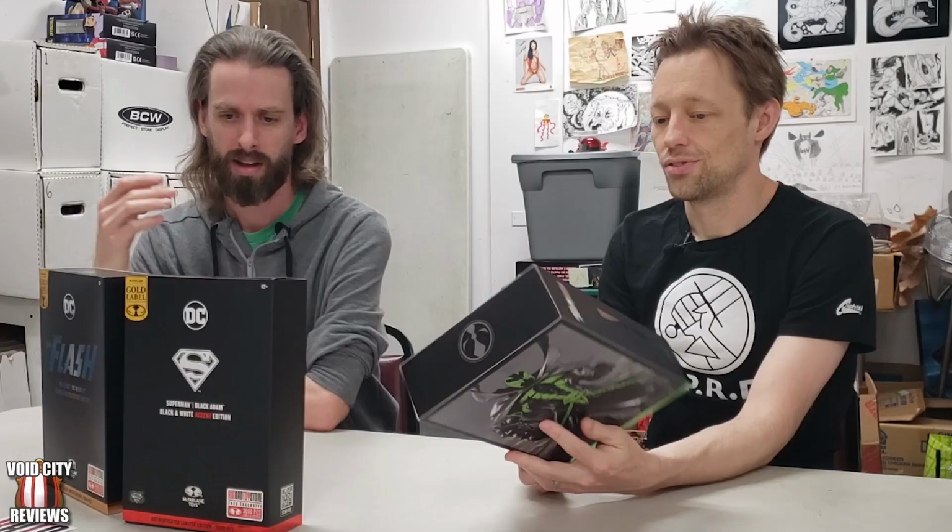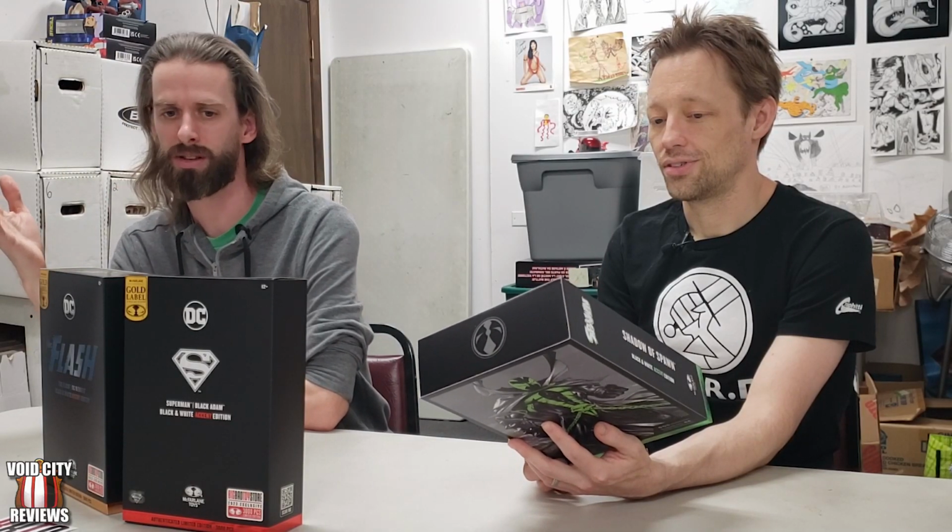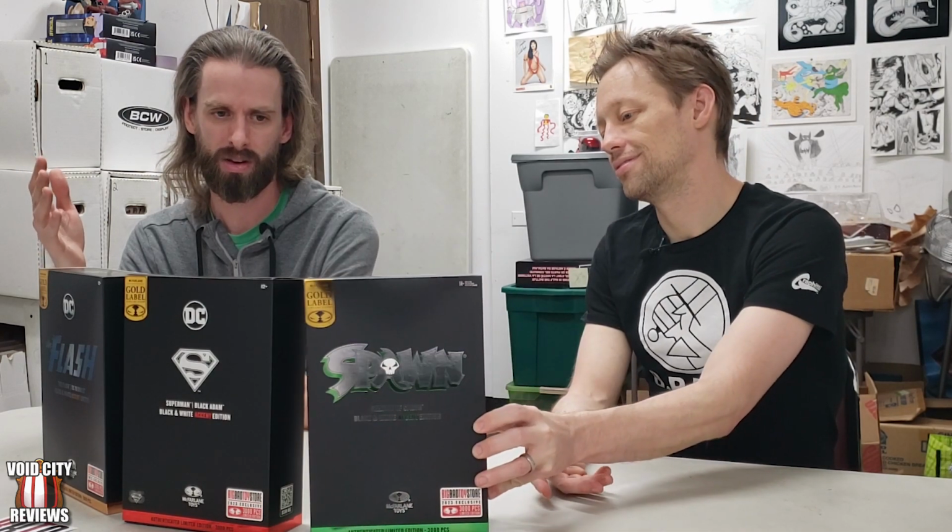They are called black and white accent edition figures, even though they're not actually black and white. They're basically in grayscale, and then there's one color added to them. So for the Flash, he's black and white and yellow. Superman's black and white and red. And Spawn is black and white and green. For some reason. I guess they couldn't just do black and white and white. Well, you know, he's green energy all around him. That's probably the color associated with Spawn the most, besides red. And Superman took red already, so...